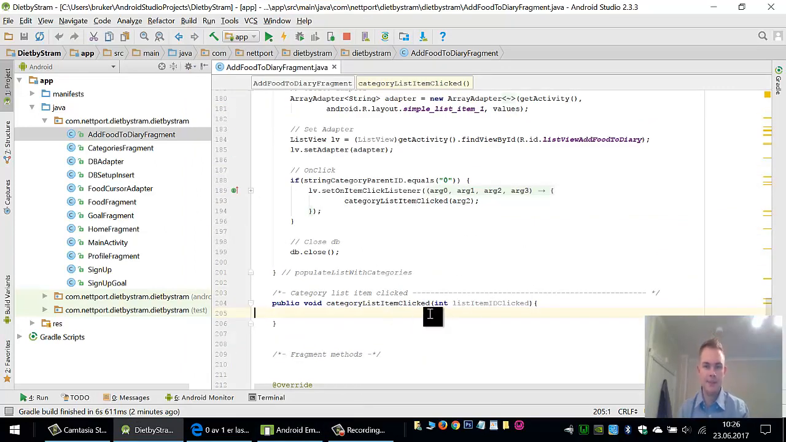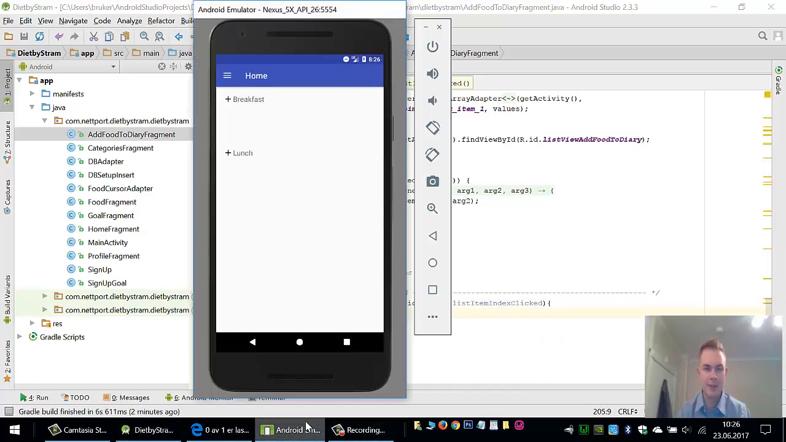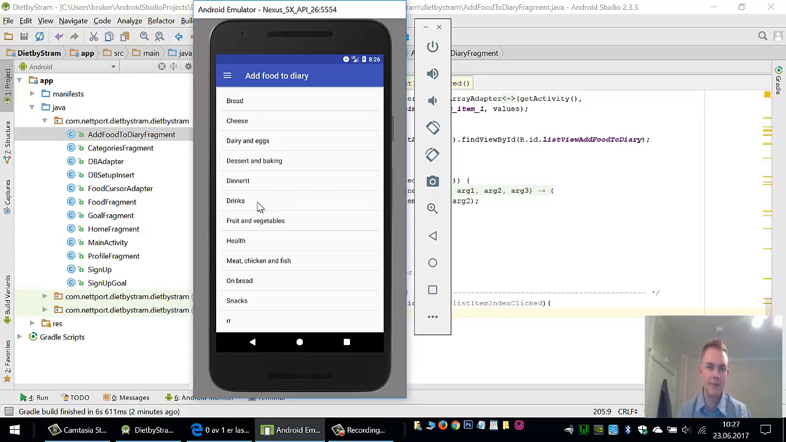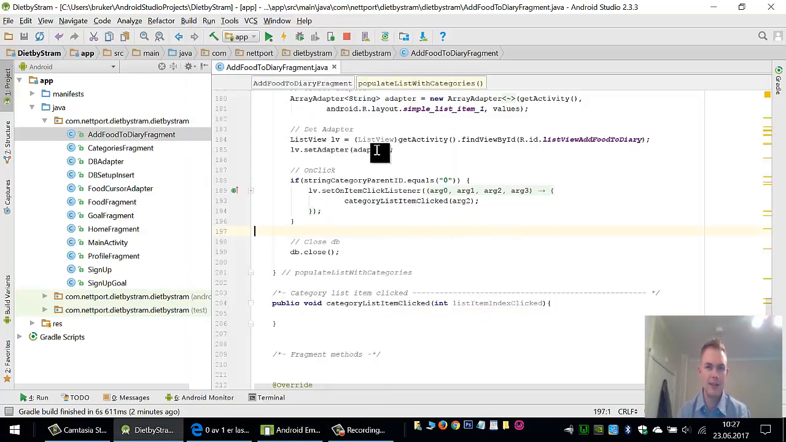So here is the category list item clicked, and this is the index. So the list item index clicked. So it's not an ID, it's an index. Meaning this is number 0, number 1, number 2, number 3, and this is not the same as the ID in the database. But let us go to our